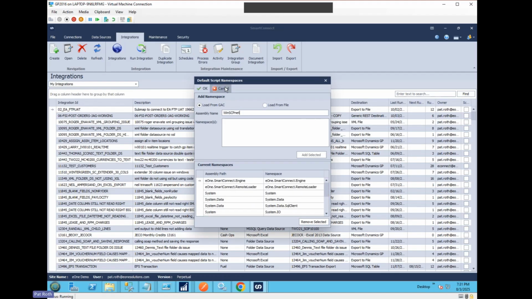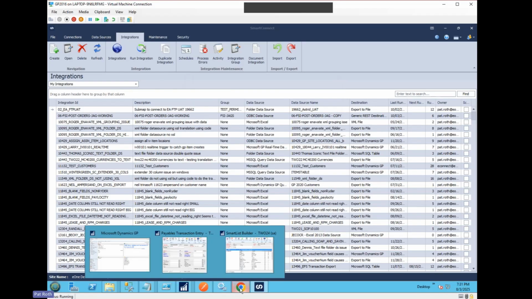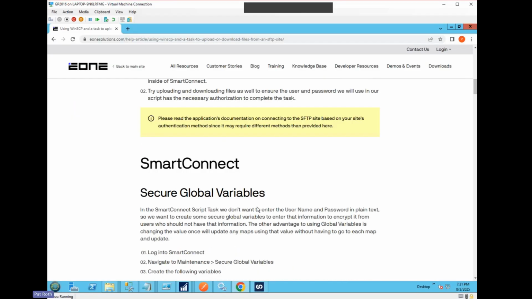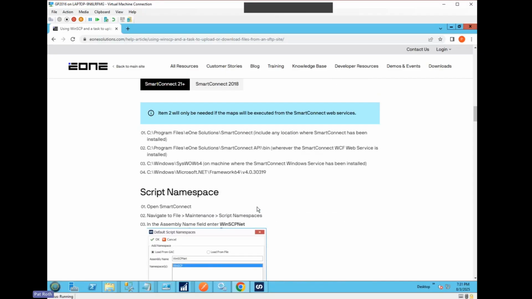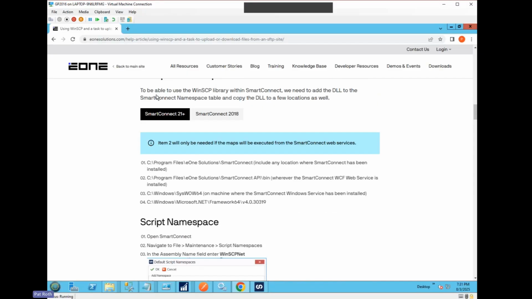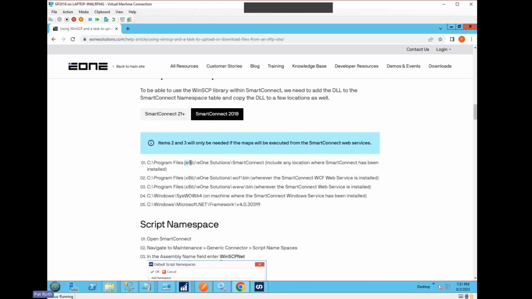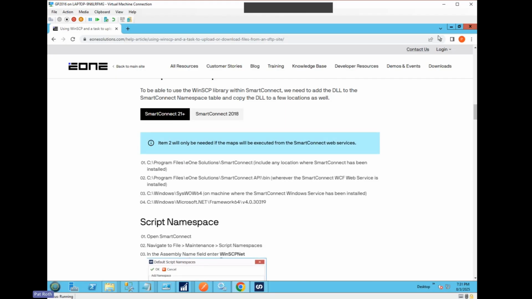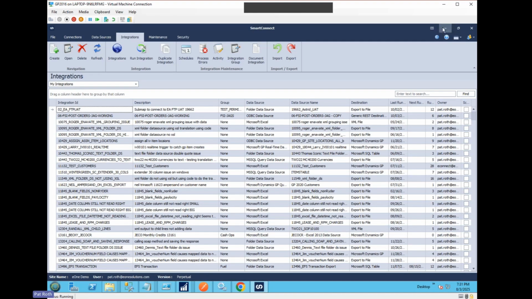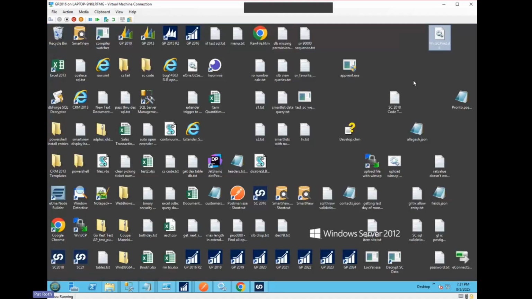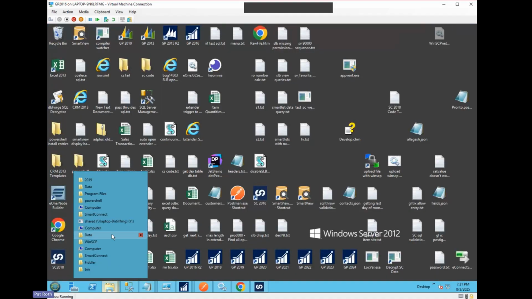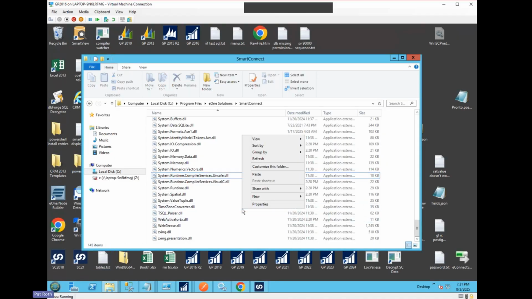The reason why that happened is because they missed a critical step, as I noted. After we get past the install piece, it says you also need to make sure to put the files in these folders. This one is the root default SmartConnect 21 installation folder, and if we were on 2018, it's the same path, just x86. And so they had missed that little step. So if I had copied it and pasted it into my SmartConnect folder,